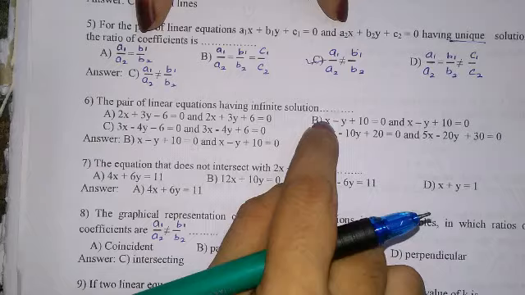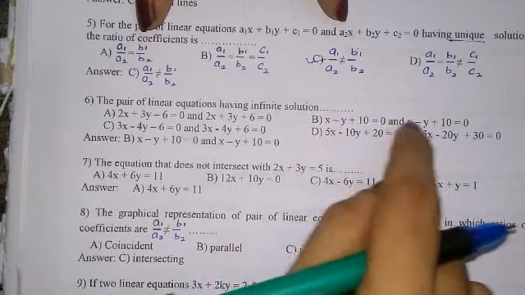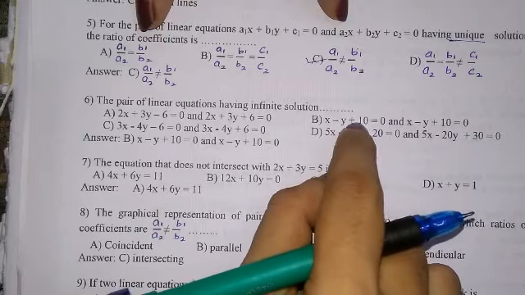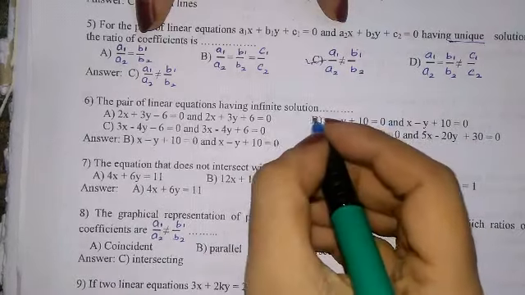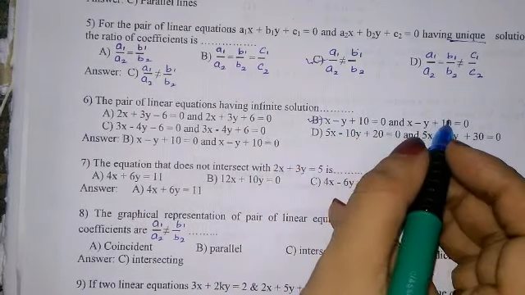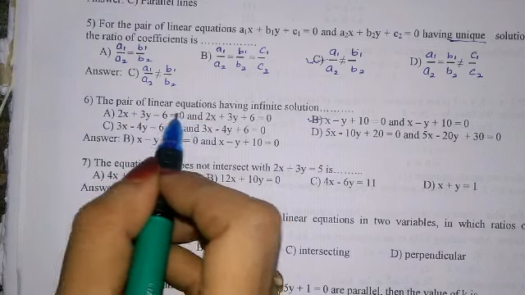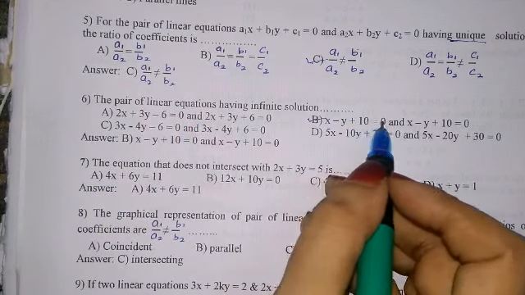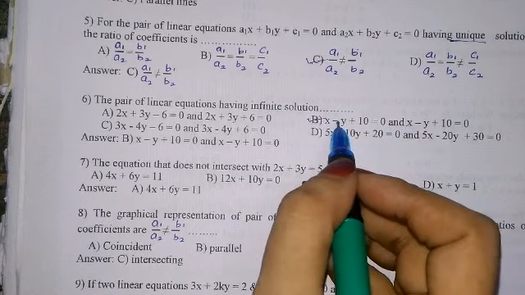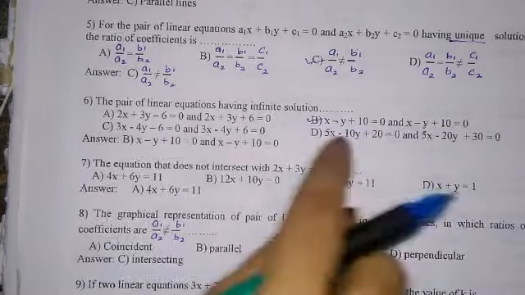Let us see this. x upon x, that is 1 upon 1, 1. Minus y, okay, 1. Plus 10, 1. So this is the correct answer. B is the correct answer because all values are 1. Here the first one is 1, second one is 1, third one is minus 1, so it cannot be. The second one is all 1. 1 upon 1, minus 1 upon minus 1, 10 upon 10. So we got the correct option. No need to see this.